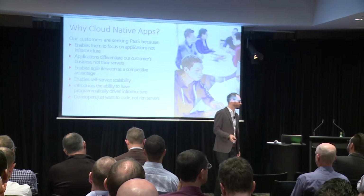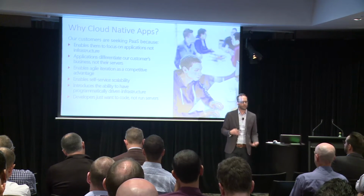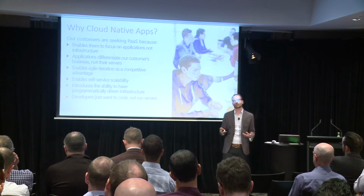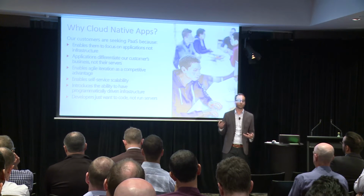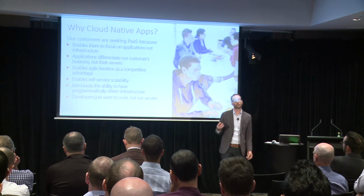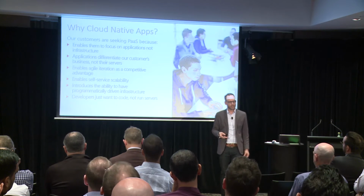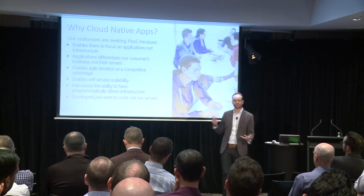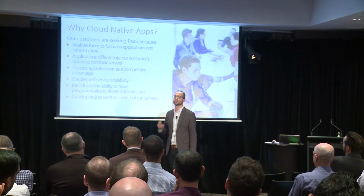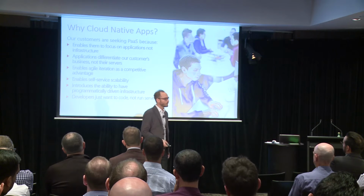I want to cover off quickly a little bit around, I've talked about the infrastructure and platform as a service, but I wanted to make sure I'd hit on what we see as some of the business benefits when organizations start engineering applications for the cloud and building applications for the cloud. It's not just because it's the latest diagram we've got and so we think it's awesome, but there are actually some reasons why people should be doing that. And very much